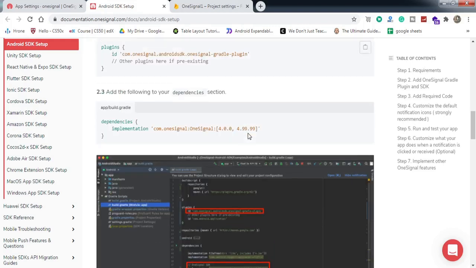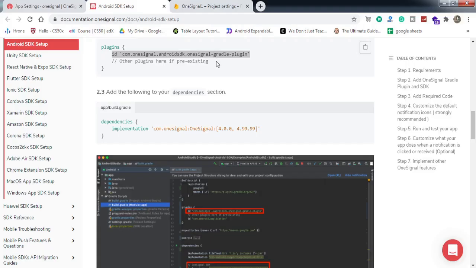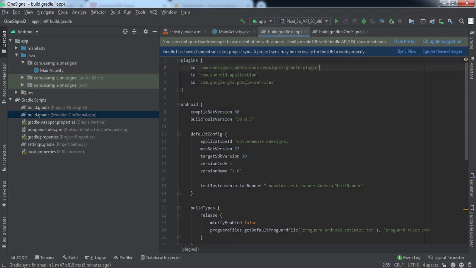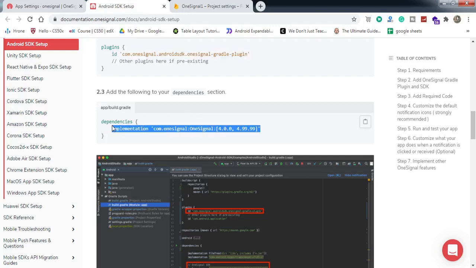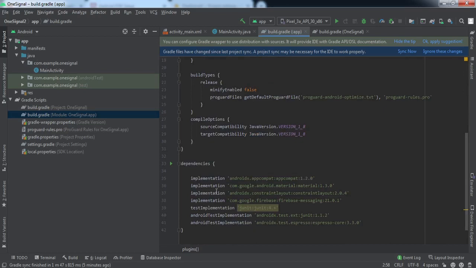So we need to add this line of code into our plugins right here. And after that we need to add this dependency. I'll just paste it here, or rather here, right?